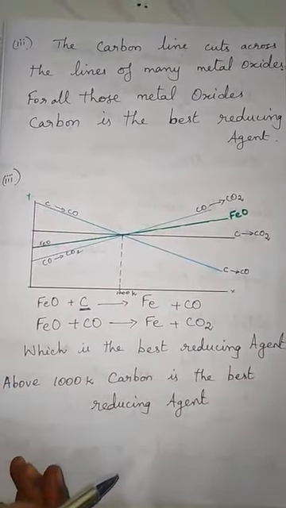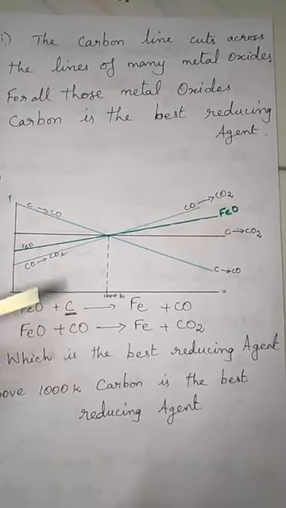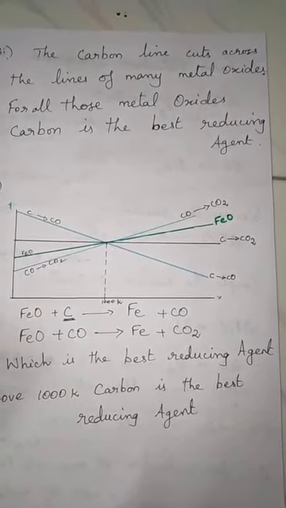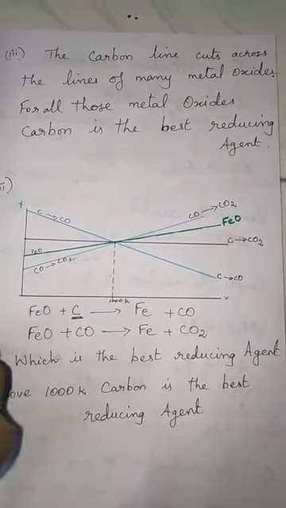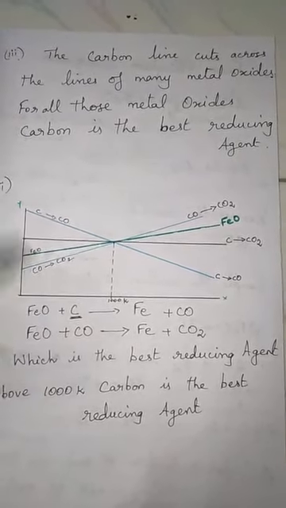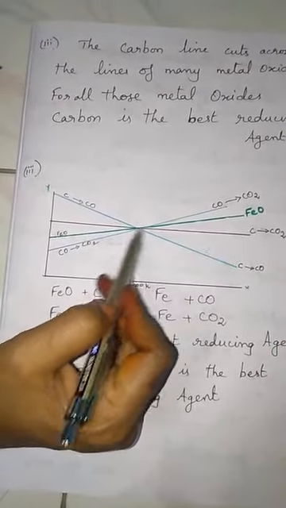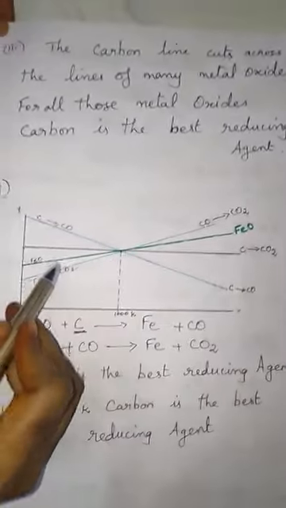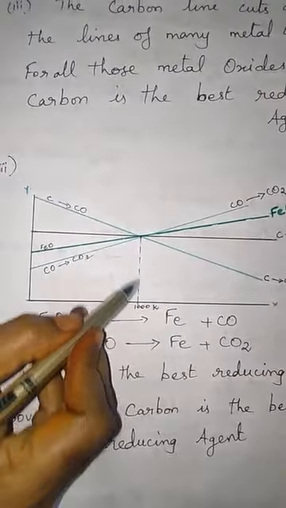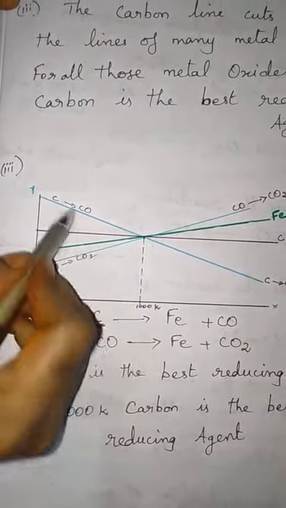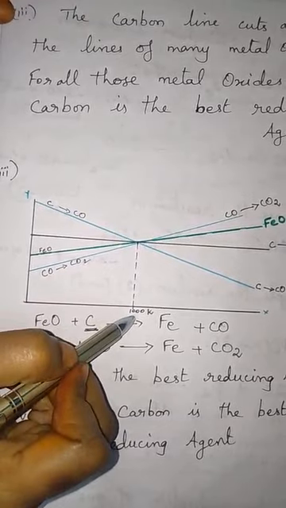See, listen, you have to remember one thing. First, consider the low temperature. Which one reduces at low temperature? And if you can't find out from the temperature, then next see which one is located below the other element. Listen, this is an equilibrium, delta G is equal to 0, and below this the iron oxide is located. See, this is 1000 Kelvin. At 1000 Kelvin, all the lines are meeting at one point, isn't it? This point is 1000 Kelvin temperature.